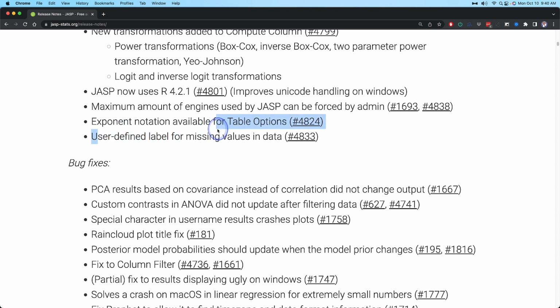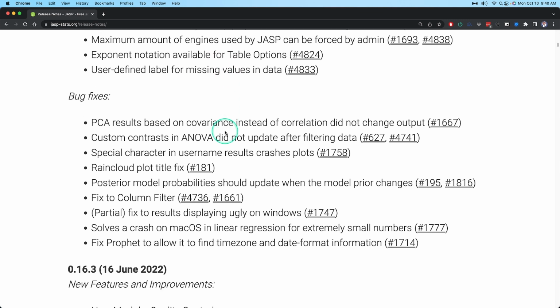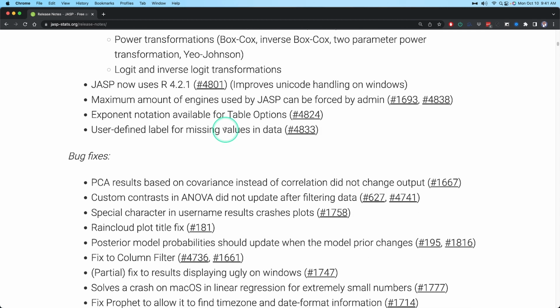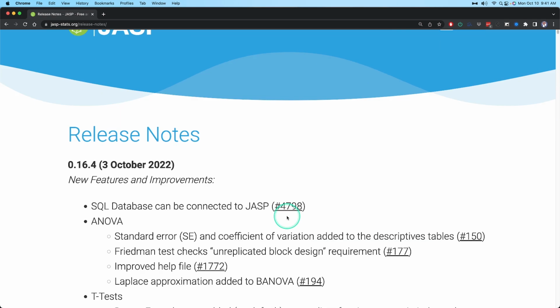Now, this is something that Jamovi's been using for a long time, and I probably will make a video on this on the channel coming up, probably the week after this video drops. So just be aware of that, because sometimes you want to use missing data, and Jamovi's been doing this for a while. And so this is not something that should be left out. Okay. And then here are the bug fixes. I'm not going to go through each of the bug fixes. So that's all that's new in